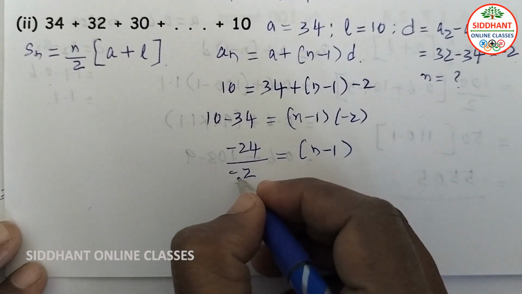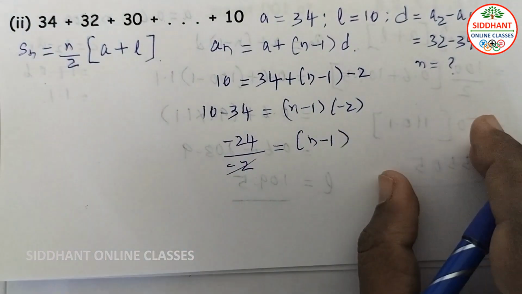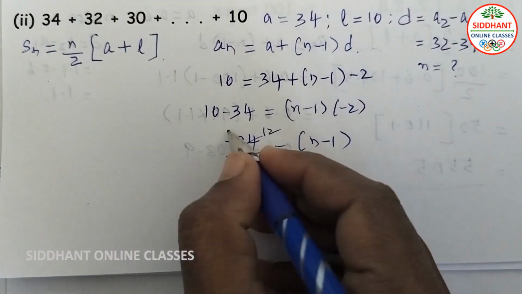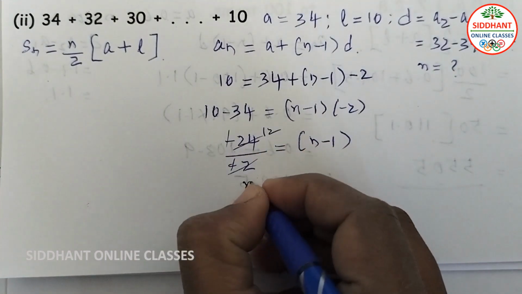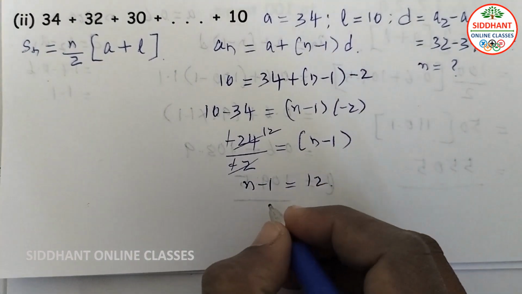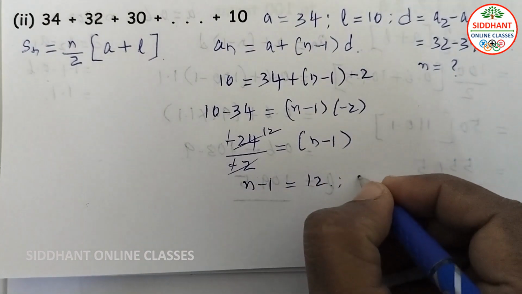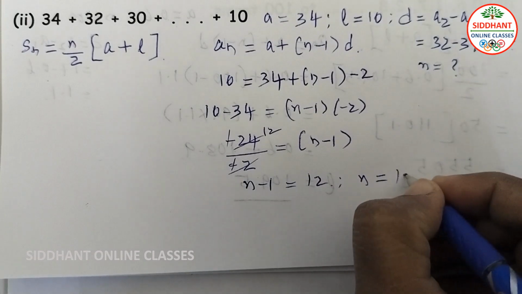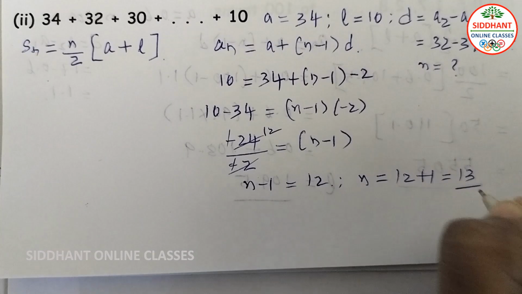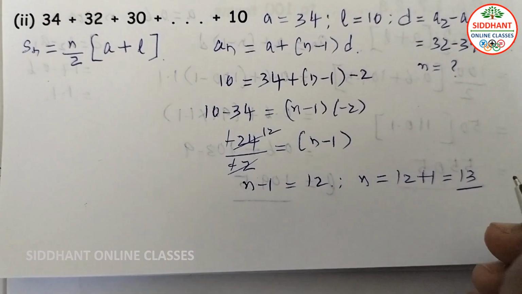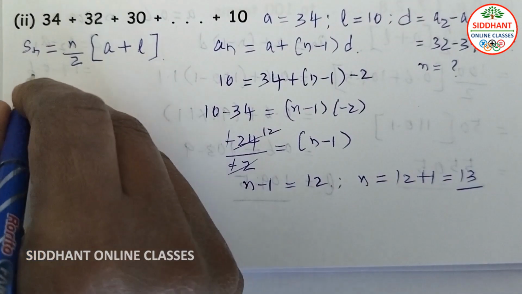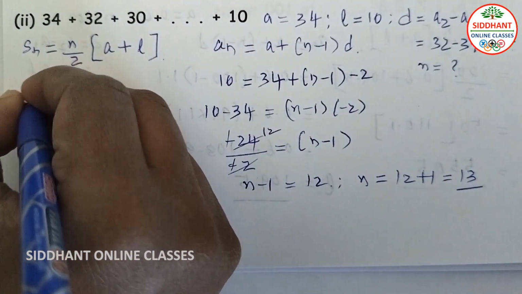So here 2 1, 12, minus minus cancel, that means n minus 1 equals 12 here. So n minus 1 is 12 means n equals 12 plus 1, that equals 13 here. So n value is 13 here. So we got n, and now we are going to input in the sum formula, that equals n is